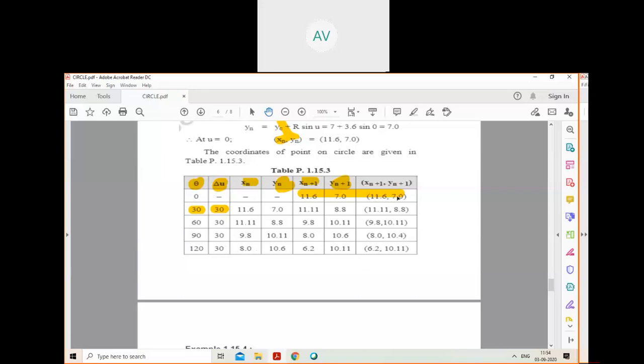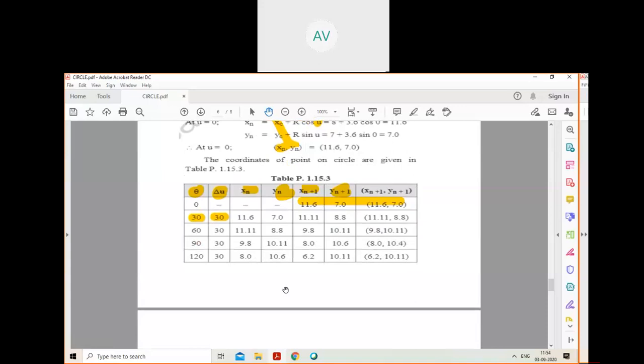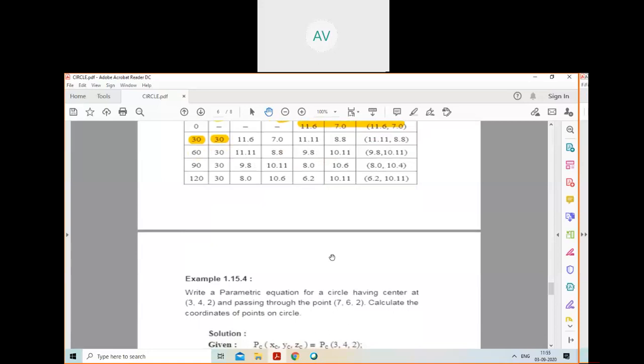So then what happens? The starting point 11.67 and the end point will be the same because the circle will close. The starting point and end point of the circle coordinates should be the same to complete the circle. So from that you can automatically validate that whatever calculation you have done is right. If you go till 360-degree, you will get the same value, 11.67. So if you get the same value at the end, then your calculation and your numerical are right. Like that you can verify it.